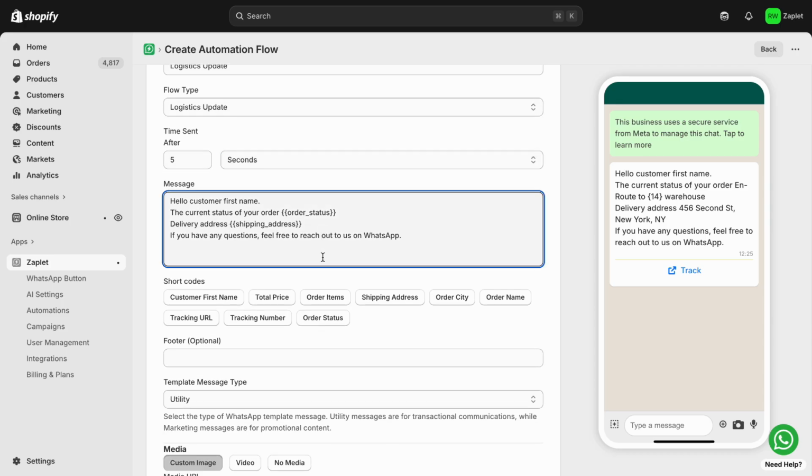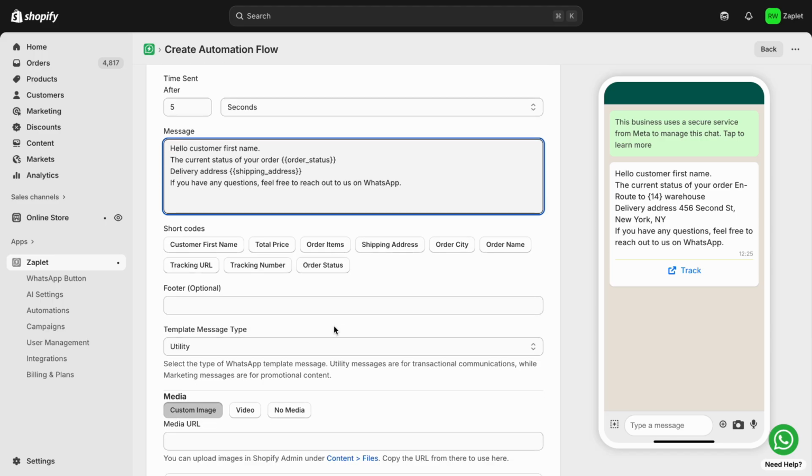Now type your WhatsApp message. Hello, customer first name. The current status of your order, which changes with each update in courier. Delivery address, shipping address. If you have any questions, feel free to reach out to us on WhatsApp. You can use short codes like customer name, order status, tracking number, and shipping address to make each message unique